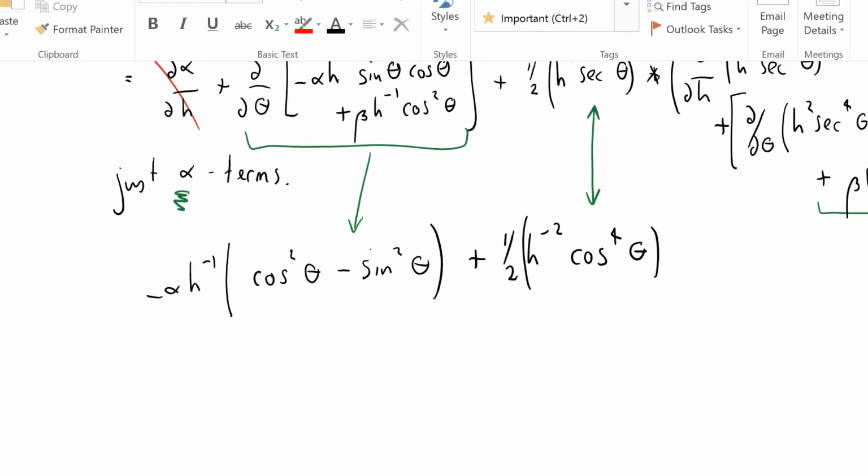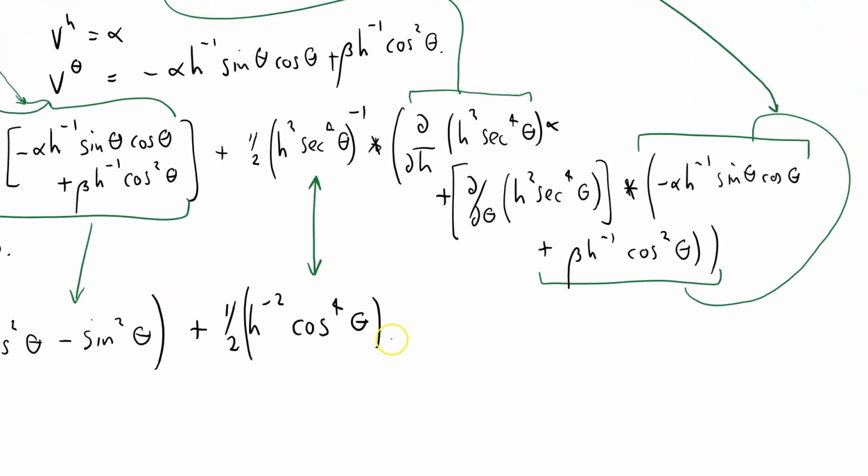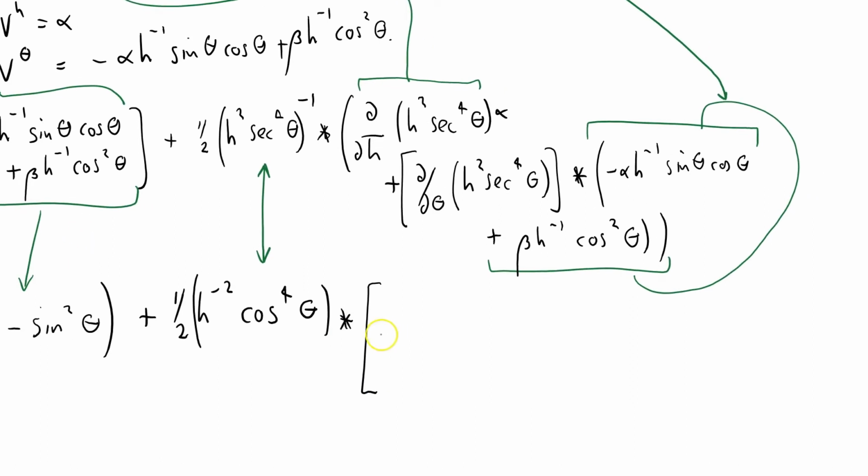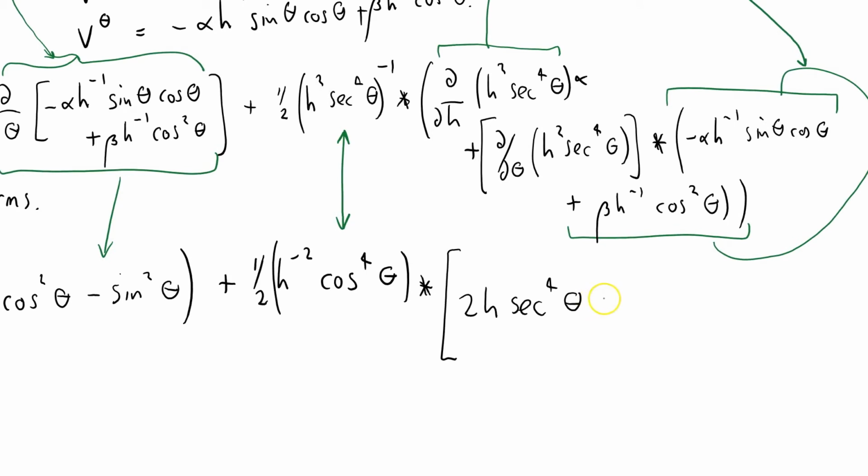So easy to make a mistake. There's so much to go wrong here. I did this about a dozen times. Multiplied by a whole bunch of stuff. This term here is 2h sec to the 4 theta times alpha, but I'm only looking at the alpha term. I might as well write it in. Times alpha, which is this one, plus